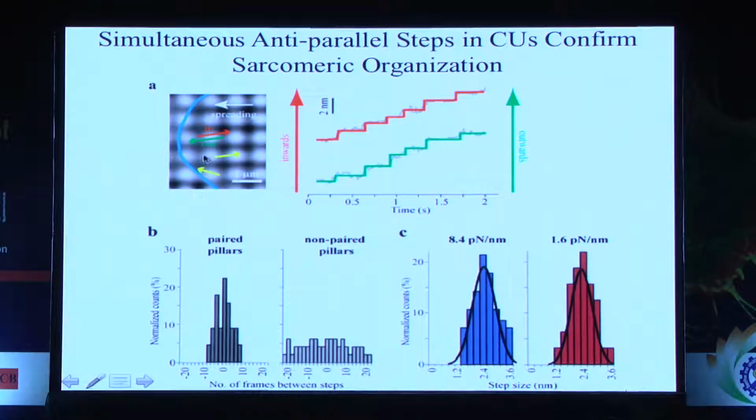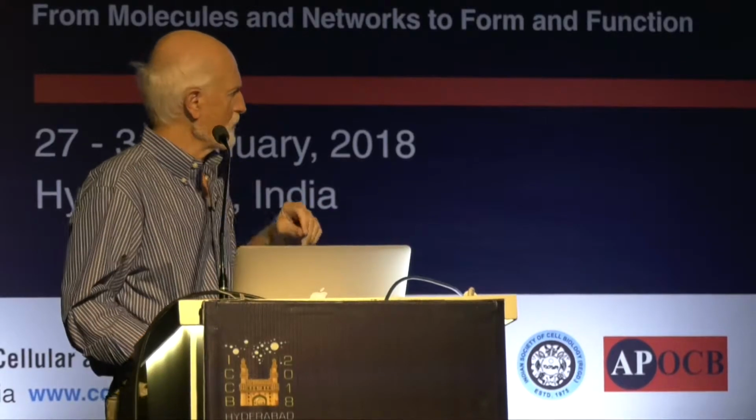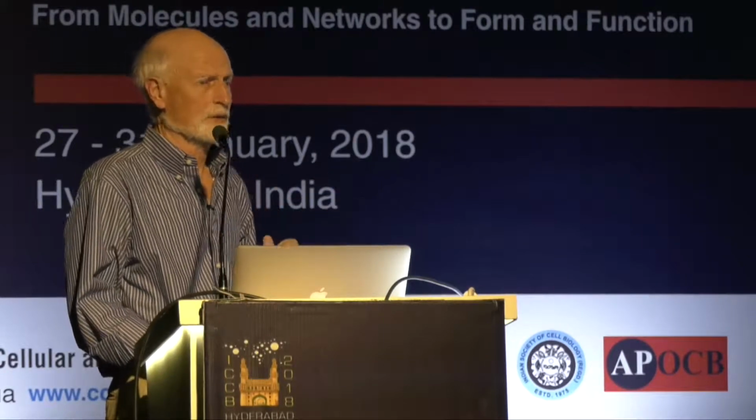Two other pillars in the same region that were pulled in the same directions were not coordinated, and the overall displacement here is about 2.4 nanometers, which corresponds to the distance of half of an actin monomer along a single protofilament, or the distance going from one actin monomer on one side to the next actin monomer on the other side of that filament. So this seemed to be a geometric issue and begged the question of what was really